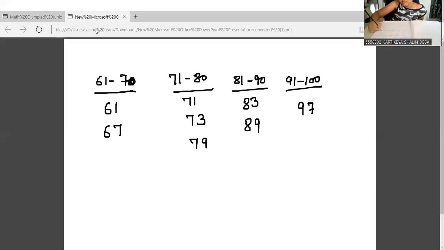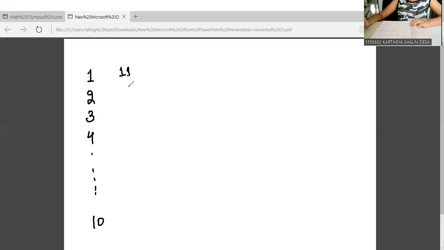Done. Have you completed it, Kartike? Okay. Now we can do one more thing. Just write down all the numbers from 1 to 100. This is your food for thought. Okay? This will be your next class work. You will write counting till 100 in the same manner that you have done in your kindergarten. So we'll write the whole thing.